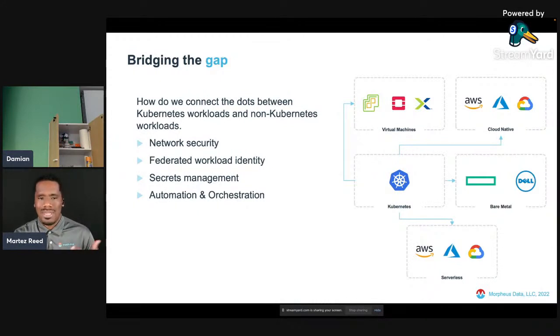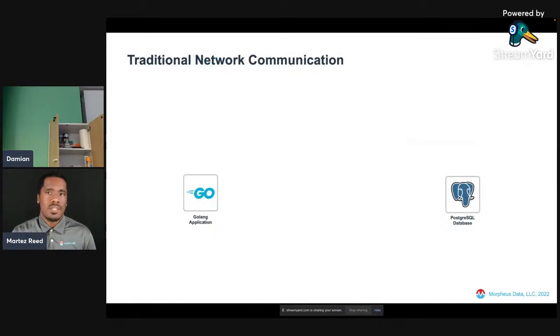And so now let's unpack a few of these particular items to see how we can actually leverage the technologies that exist now, as well as what that might look like from a management paradigm moving into the future to integrate these two scenarios or situations of Kubernetes workloads and non-Kubernetes workloads. So one of the things that we talked about was the idea of network security. And so as we look at